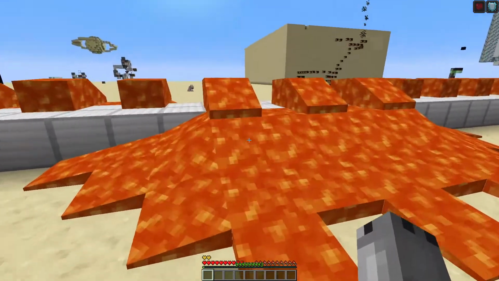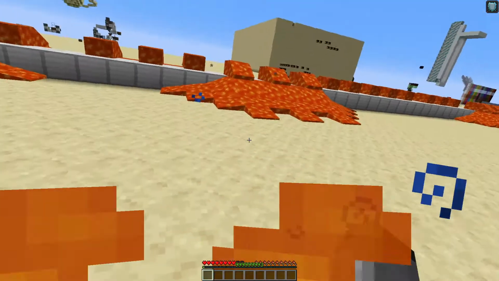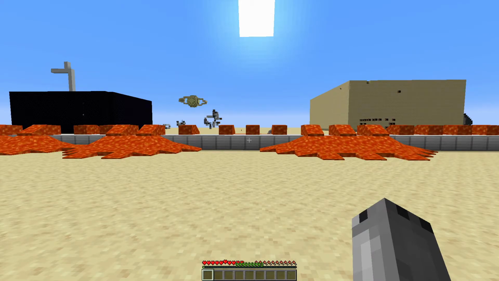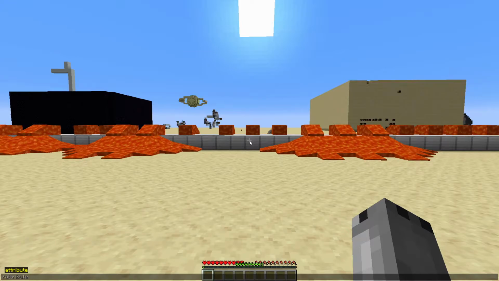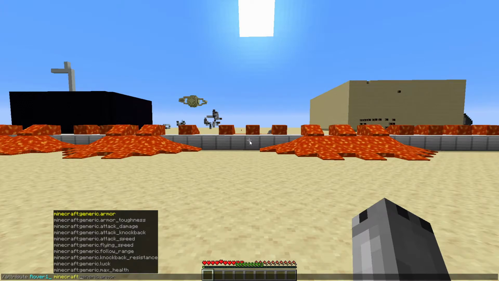But let's say we were to run into some lava, you'll see we lose those hearts and we can't regenerate them. So how are we going to go about giving ourselves extra hearts? Well, we're going to use the /attribute command. After we type /attribute, we're going to follow it by our player name, then Minecraft